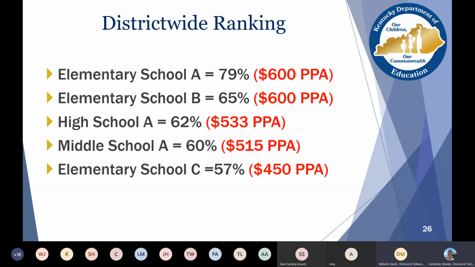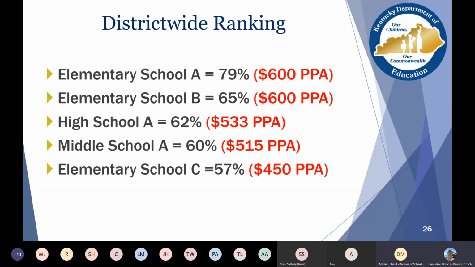Yeah, I think it's important to also note that if you are ranking like this, straight down the district-wide ranking, elementary school A has to get either the highest per pupil amount, because they're above 75%, or no less than the schools beneath it. And the reason for that goes back to one of your rules. Schools that are above 75% must be served in rank order and cannot be served by grade span grouping unless they fall within that grade span.